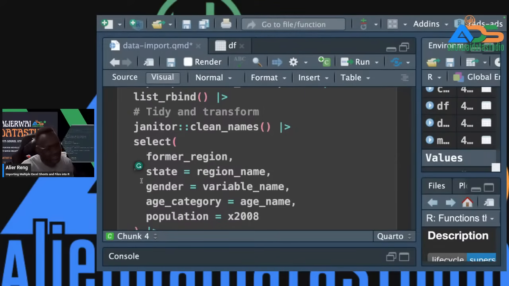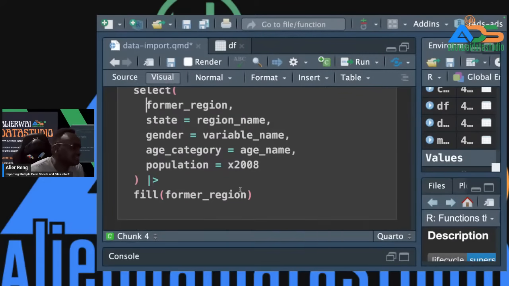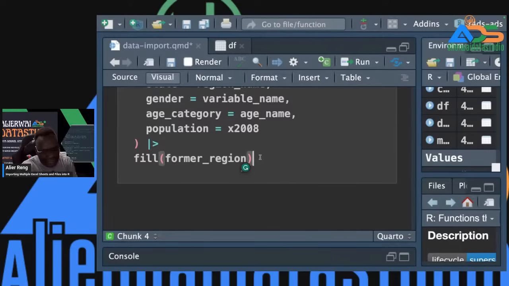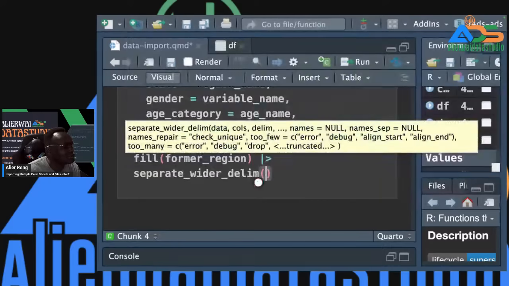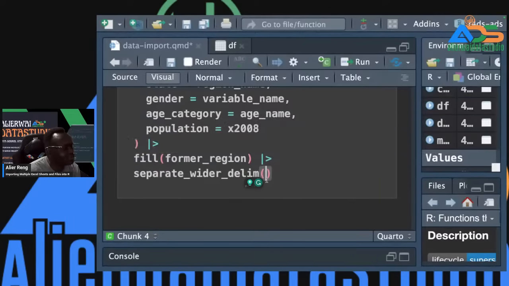Another thing we could have done, we could have called this former region. Yeah, former region is correct. Let's leave it like that. And now we are going to separate the gender column. So we will say separate, and then we start typing, and now separate. We can do separate_longer_delim or separate_wider_delim. We will do the wider, and wider here,